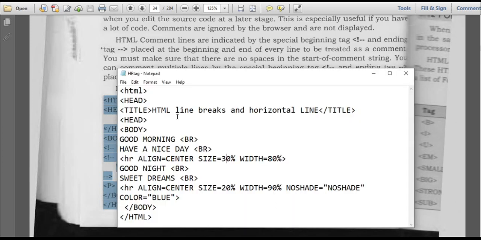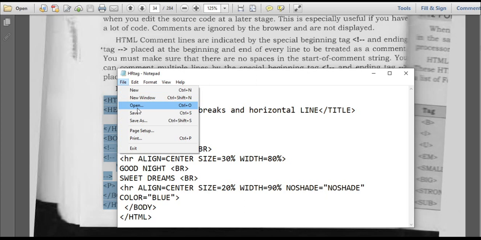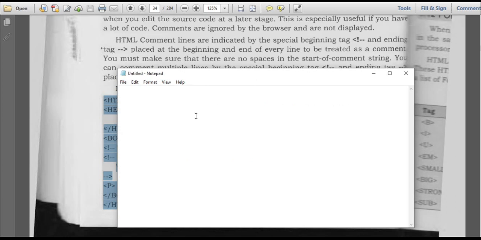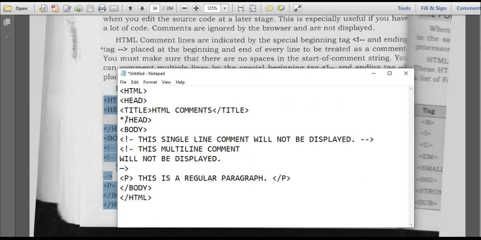Copy. I'll open a notepad file. Here, header tag close. So this is a comment.